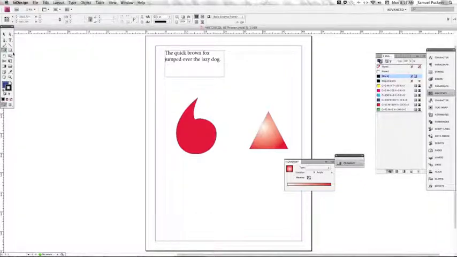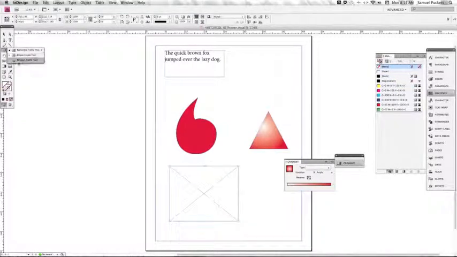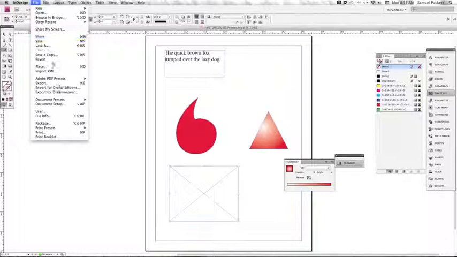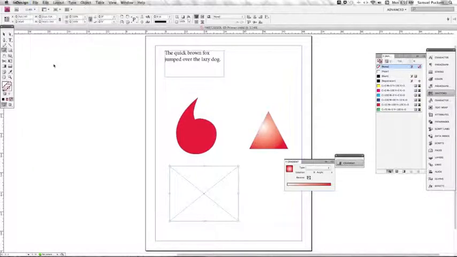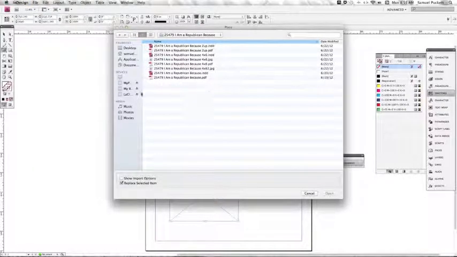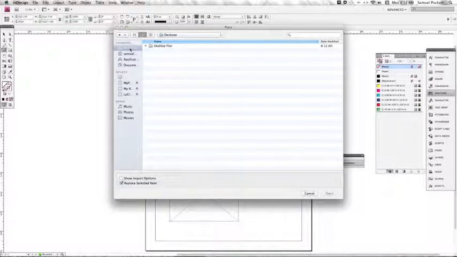The frame tools are for importing pictures. You draw a rectangular frame, elliptical frame, or a polygon frame. And the polygon frame will allow you to do starburst frame. So let's just start with the rectangular frame right now. If you need to place a picture in there, you simply go to File, Place, and let us go to